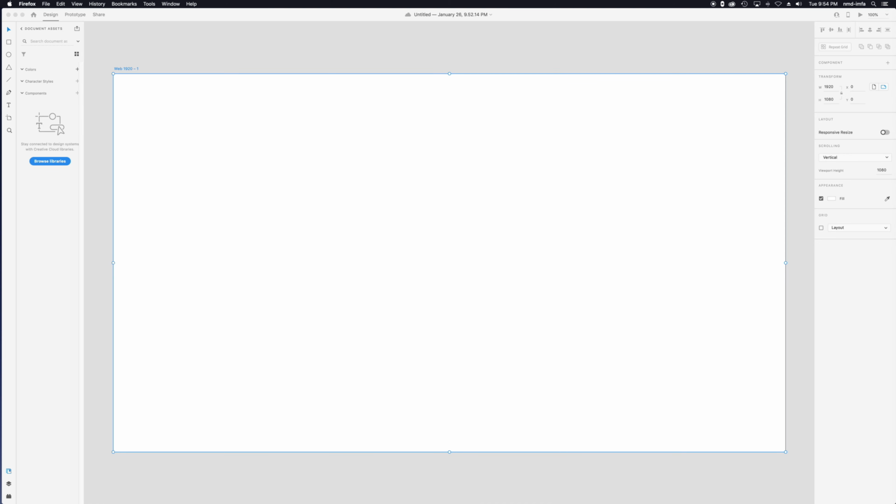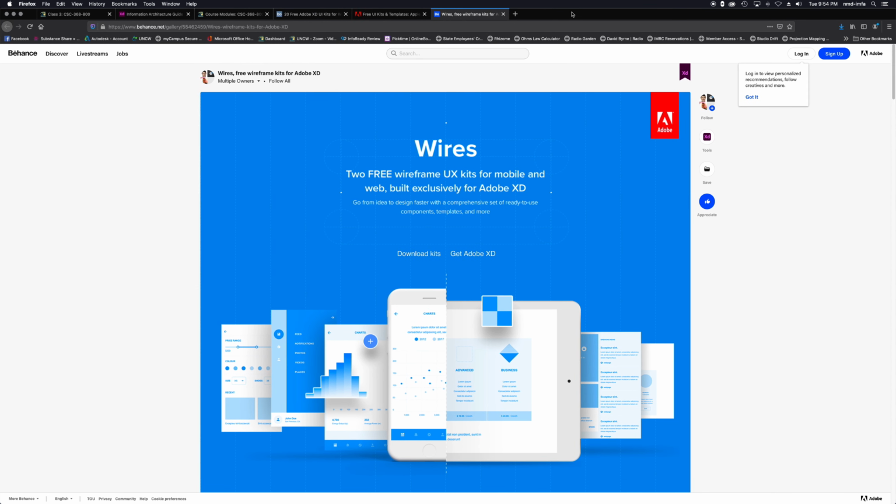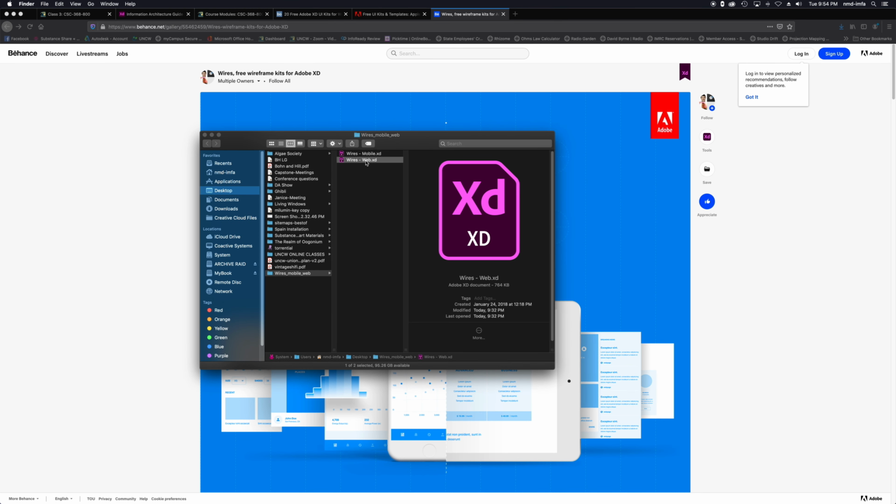This is one on the Behance network that's sponsored through Adobe. This is a free Adobe XD download kit. I can download this, and this is basically what I'm going to end up with: a web and a mobile UI kit. And if I open up, say, the web kit,